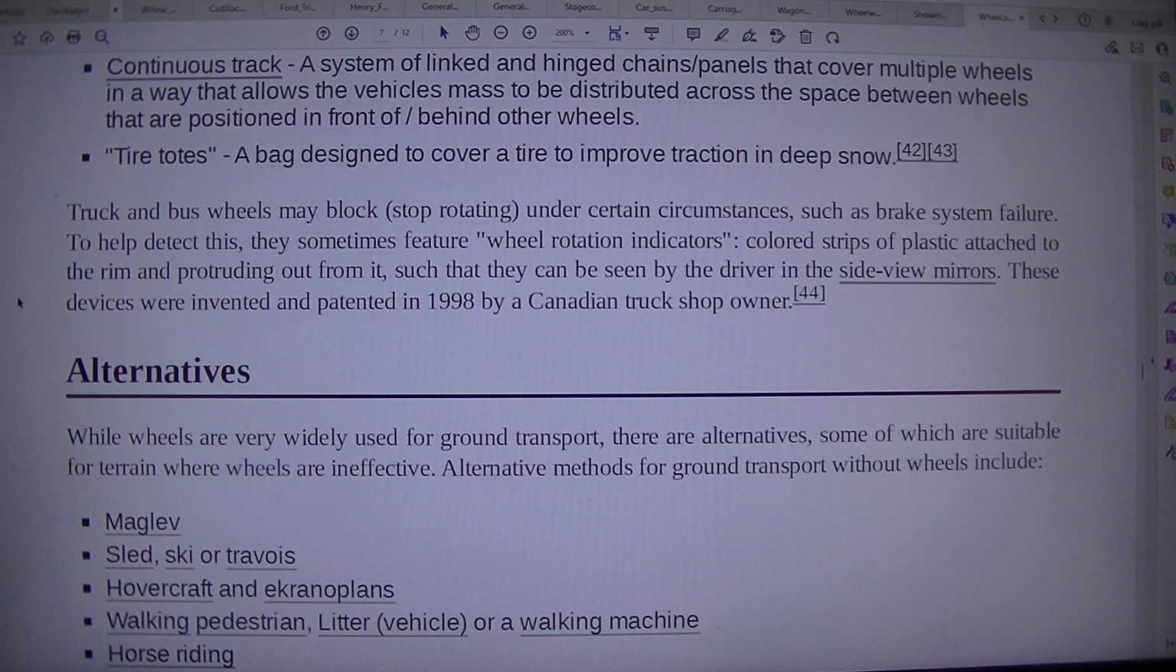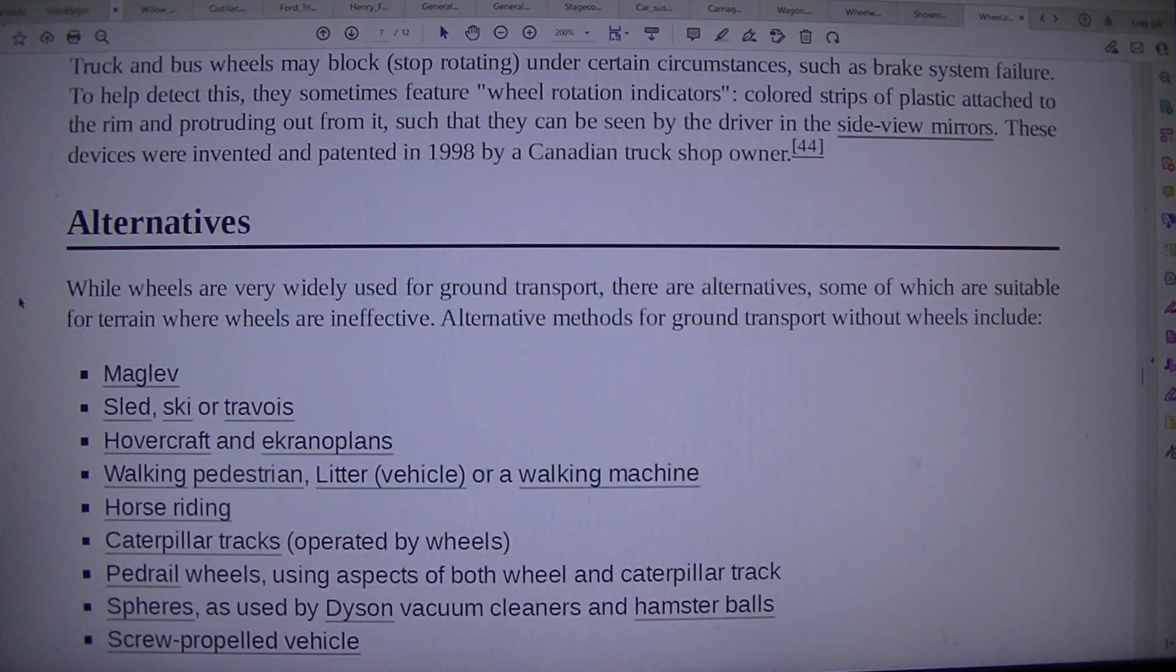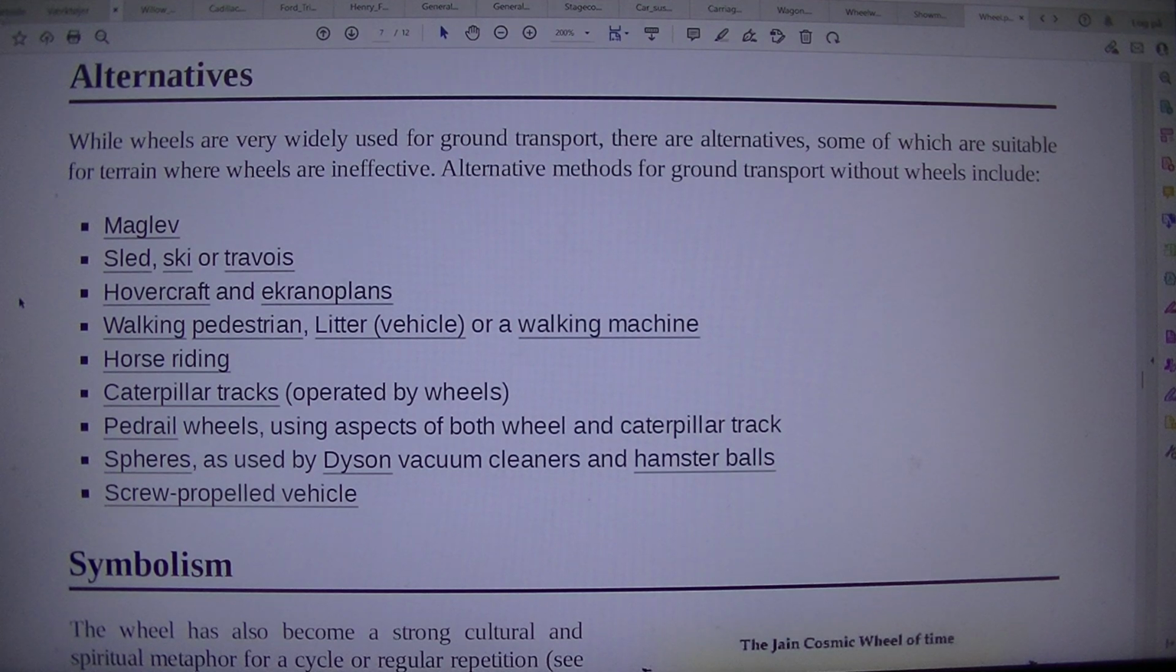44. Alternatives. While wheels are very widely used for ground transport, there are alternatives, some of which are suitable for terrain where wheels are ineffective. Alternative methods for ground transport without wheels include maglev, sled, ski or travois, hovercraft and ekranoplans, walking, pedestrian, litter, vehicle,